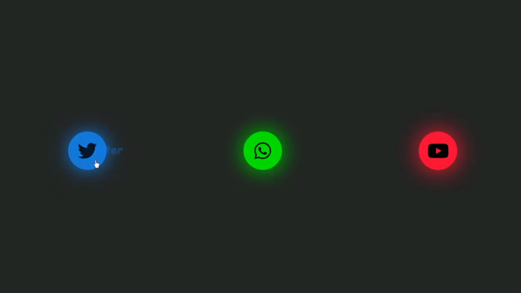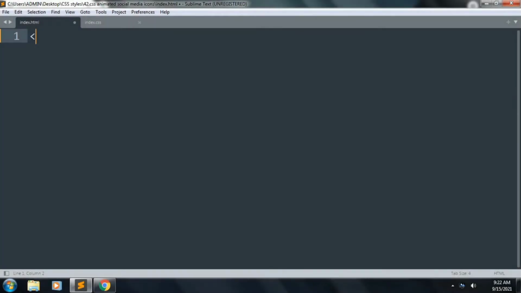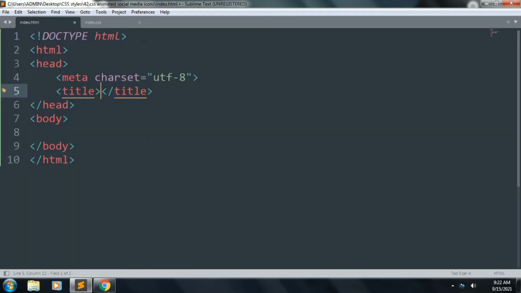Hi guys, today in this tutorial we will learn about CSS animated social media icons. Now you can see the icons are glowing and icon names are visible. Let's start the code. First of all, we want to create an HTML template and the title is CSS animated social